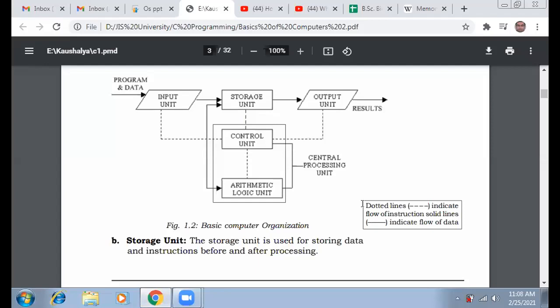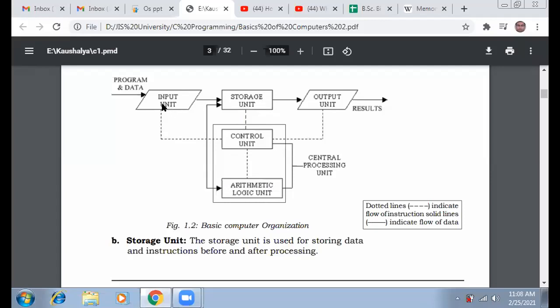Thank you. So let me start with the discussion that in the last class I already started, about the storage unit. This is the main part of the computer, the central processing unit in a computer system. It consists of three sub-components: storage unit, control unit, arithmetic logic unit. What is the job of the arithmetic logic unit? Its job is to collect data from the storage unit, or from the memory of the computer system, and based on the user request, perform some operations on that data.